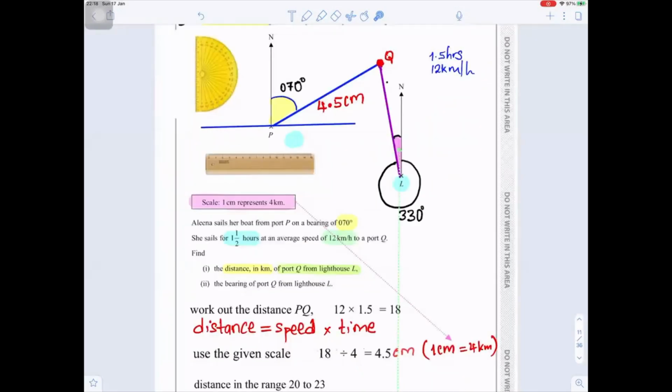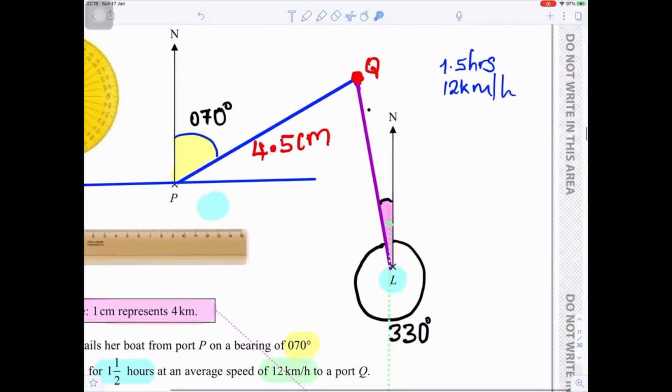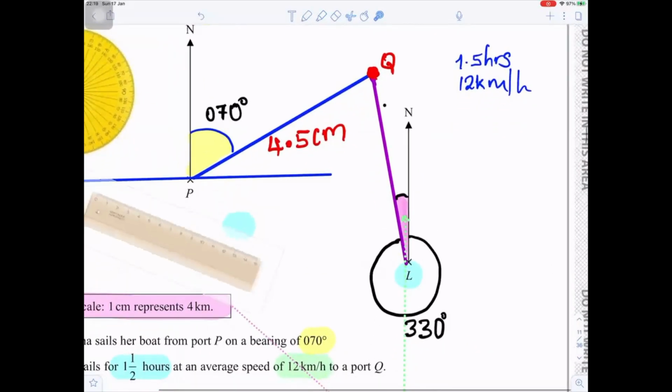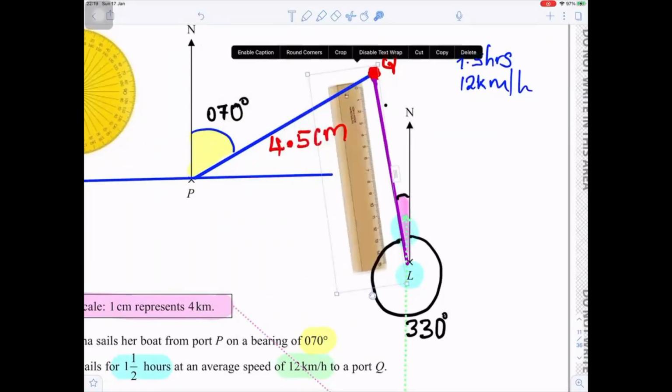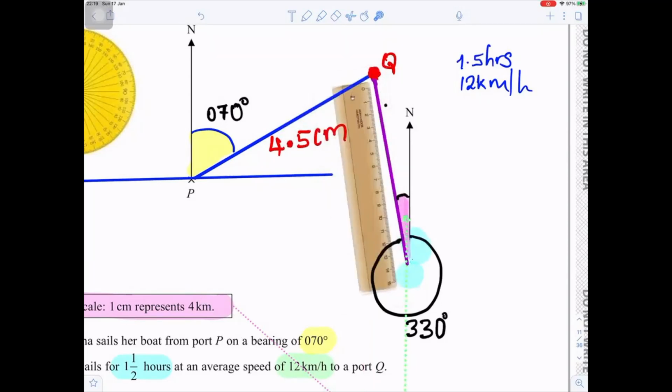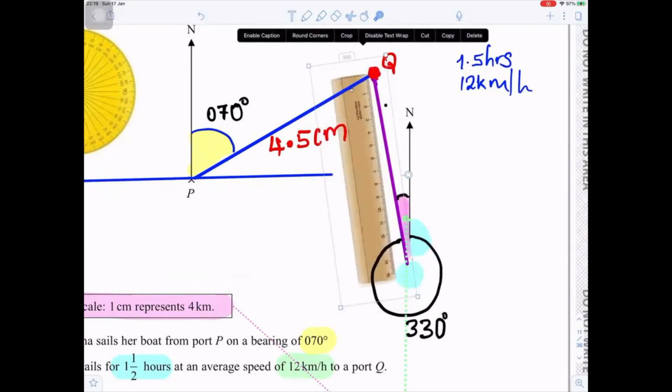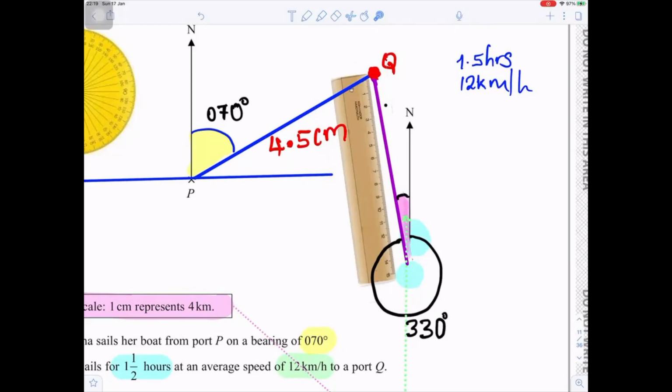Now, the question says, find the distance in kilometers of port Q from the lighthouse L. So we want to find the distance from Q to the lighthouse L. We use our ruler to measure the distance from Q to the lighthouse. I've zoomed in so my answers will not be correct. You measure the distance from Q to the lighthouse, and then